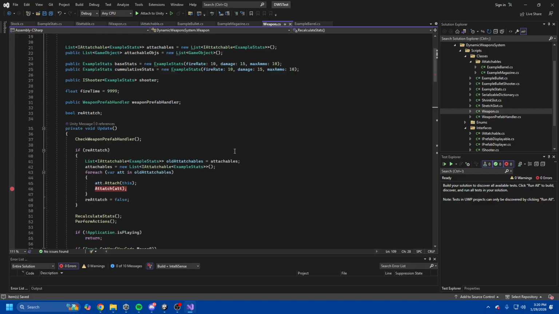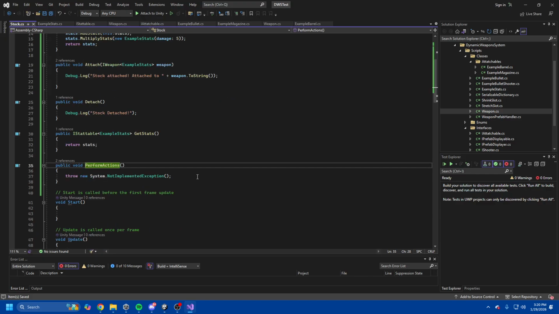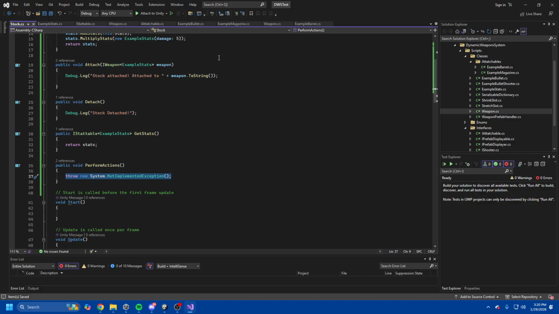So the idea is you could create a weapon and perform the actions whenever you want, but obviously every time in the update loop it should just be called, right? So if, for example, on a magazine you want to check the bullet count and then reload or something like that,